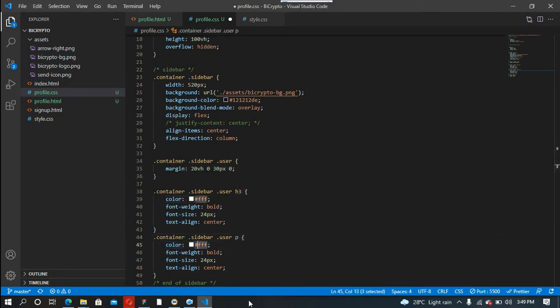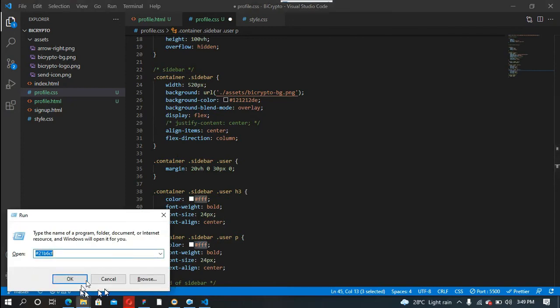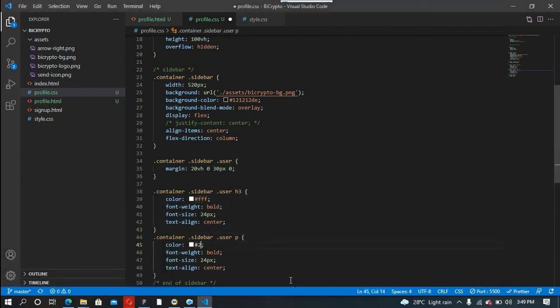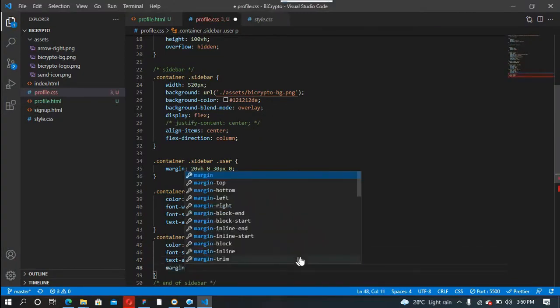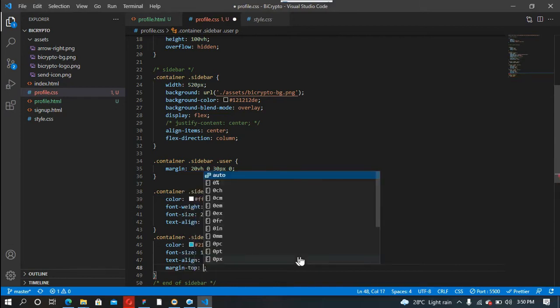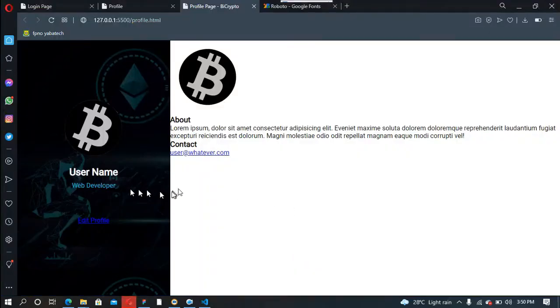So I'm gonna change the color to this color right here. So we're just gonna go to the basics. I'm gonna remove the bold. I'm gonna make this 14 pixels. I'm gonna make it text align center. Okay, so we have that. Let's increase that a bit. So I'm gonna set the margin of this, of course, margin top, 10 pixels. Alright, so we have web developer, we have username,